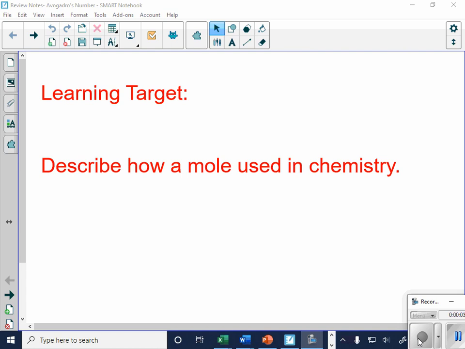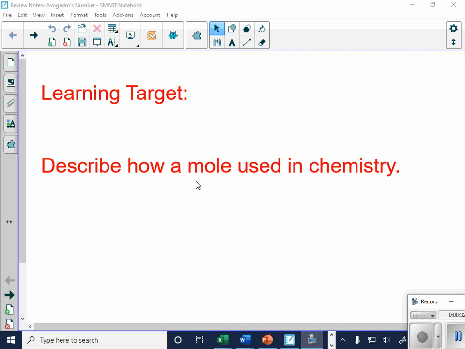Okay, ladies and gentlemen, today we are going to talk a little bit about Avogadro's number. We have the same learning target that we have had, and that learning target is right here. Describe how a mole is used in chemistry. We're going to keep on doing this learning target for a while here, folks, because when I turn to our